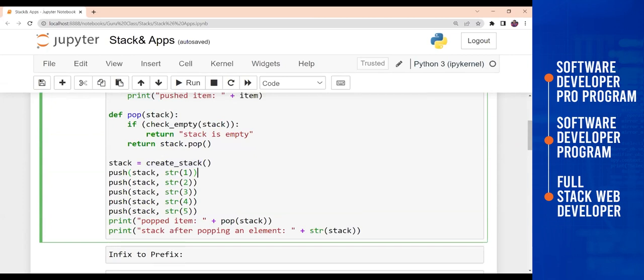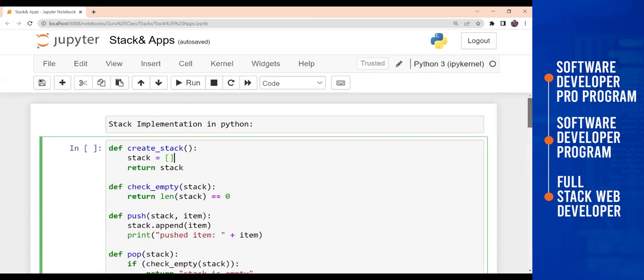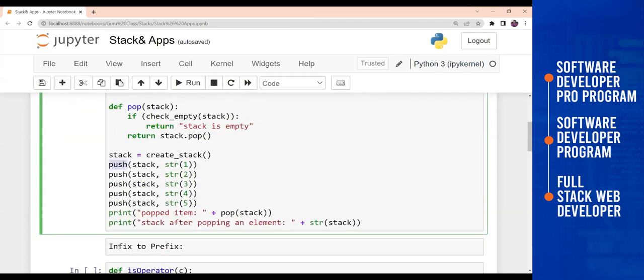You wanted to push some value or insert some value. What is the term of pushing? That is called inserting a value into the empty stack, right? So first of all, it is an empty stack here. Now you are just pushing the value here. You are passing this stack and the string '1' as the argument.